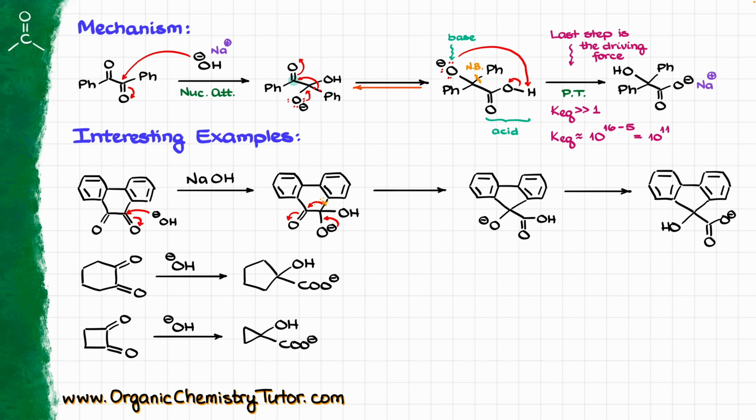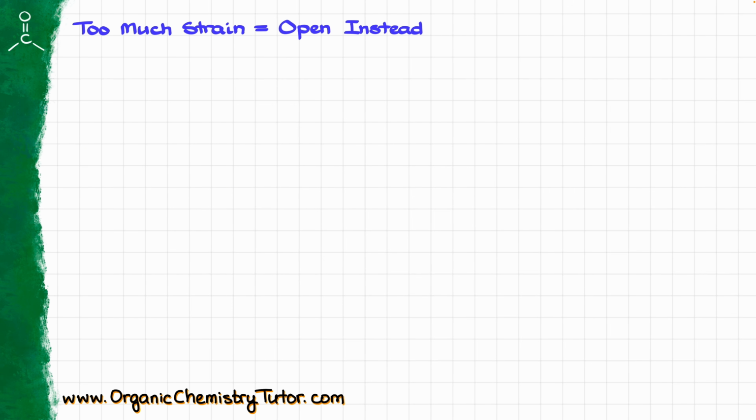But of course there is a caveat. If your ring system is too strained, then instead the ring is going to open. A 4-membered ring, as you can imagine, is quite strained. But if we take it up a notch and make every single atom of our 4-membered ring sp2 hybridized like in this example, then this ring is really strained, to the point where shrinking it to a 3-membered ring will virtually be impossible. So if I were to treat this compound with a base, like in the previous case,